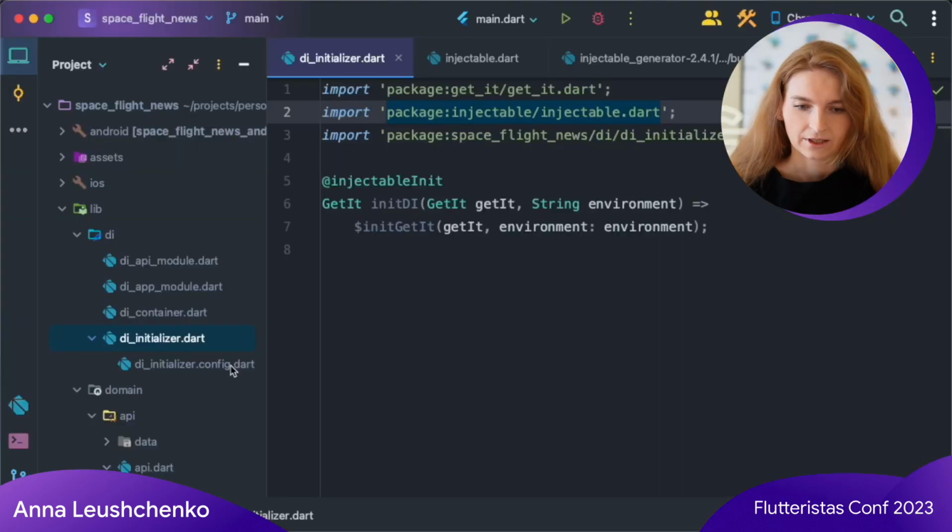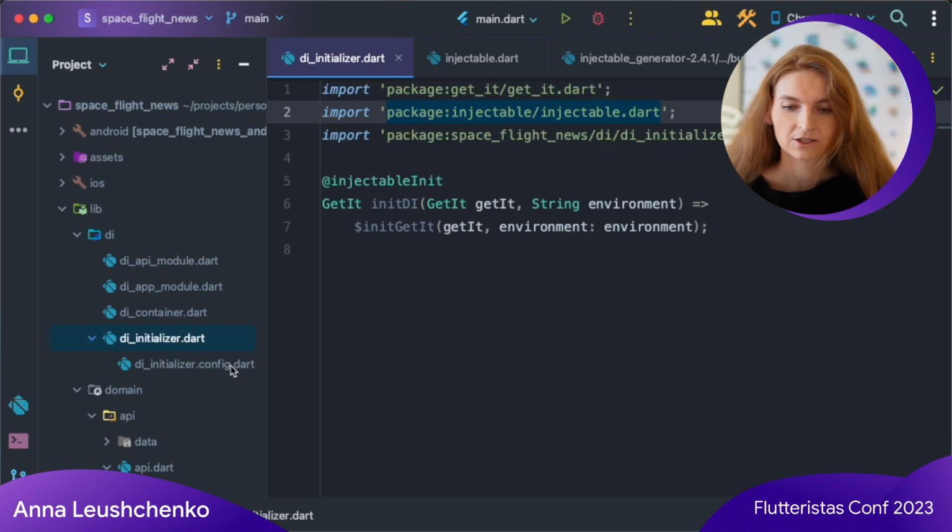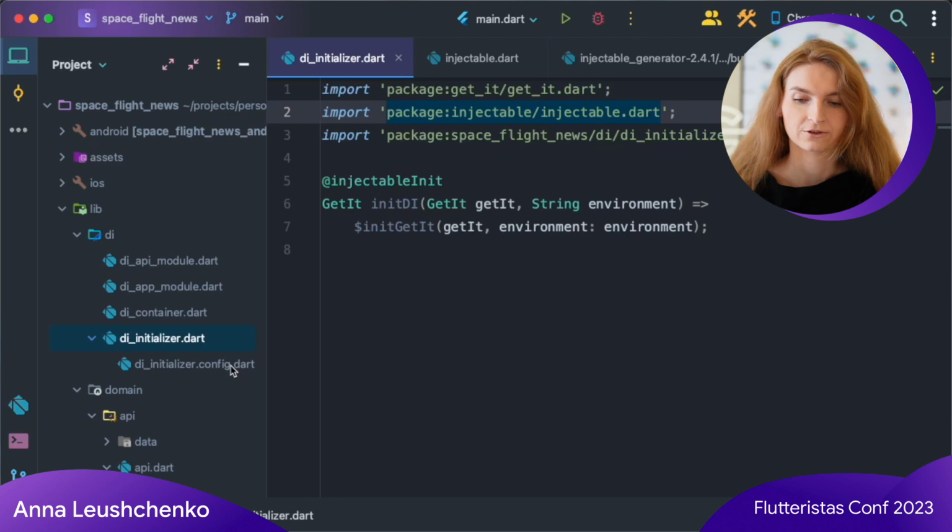But in my case, I don't have any other file in the package that will serve as an input for my builder. I'm now back to the demo application from the Flutterby conference to show what I mean. For my package, I don't want to make users create a single companion file like this one with the injectable init annotation from injectable, just because the code generation mechanism is built on this concept. So what can I do about it?